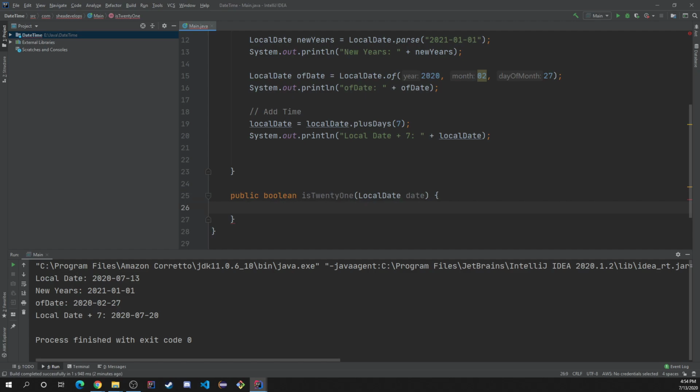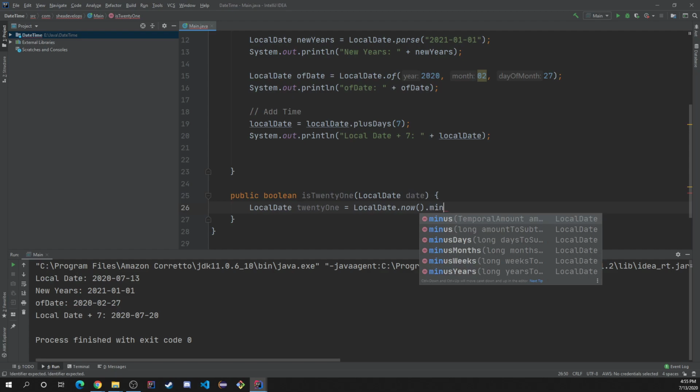All right, so now we've got our local date, and we need to get the date of when somebody would be 21. So let's do local date 21 equals. So we could now do local date dot now dot minus,